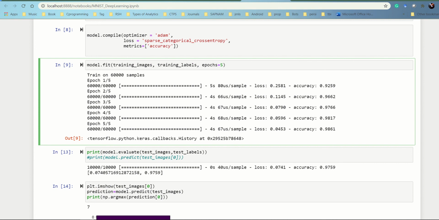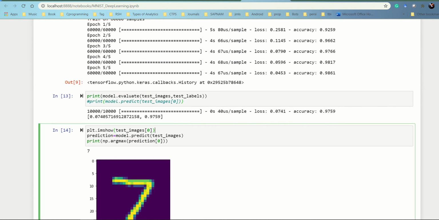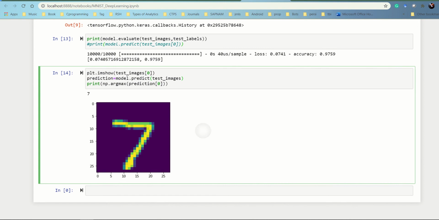We are going to use model.fit with the training images, the training labels, and epochs clearly specified. I've got 5 epochs here, which means it will go over all the 60,000 samples, and we get the results clearly updated. You can see that, and then we are going to print, and the results are available here right now. In the final stage, it will print one of the images which is taken out, and reflect the result. We have predicted and presented what that could be, and it is 7.